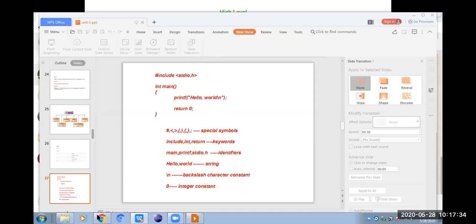When we take int main, I am classifying it into 3 parts. Int is the keyword, main is the identifier. The open parenthesis, closed parenthesis, open brace, and closed brace are called special symbols. Like that, we are classifying every line. We are breaking every line. Clear? That is called a token. Is it clear now? Briefly, what is a token?